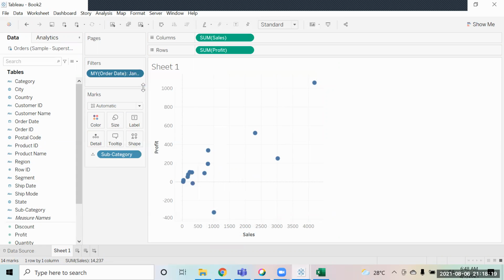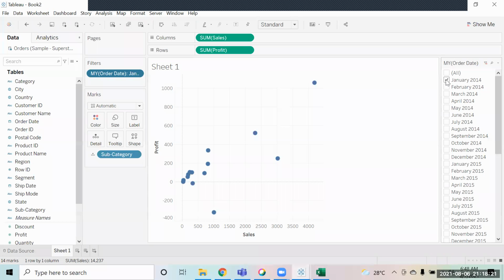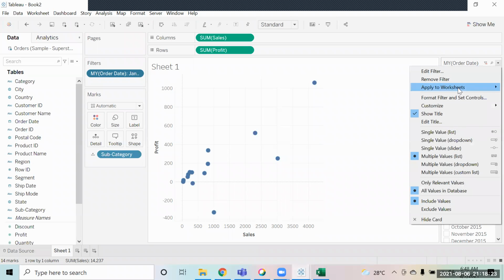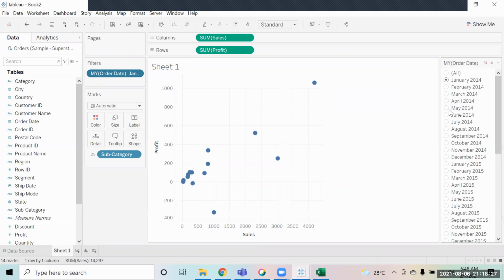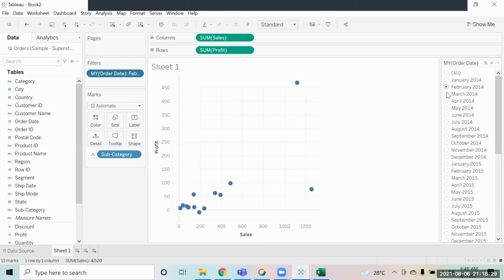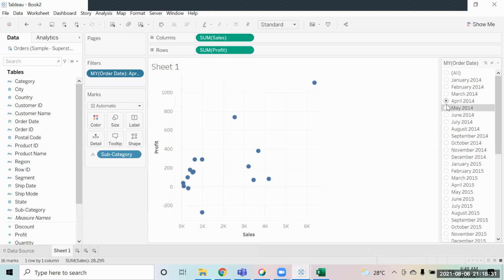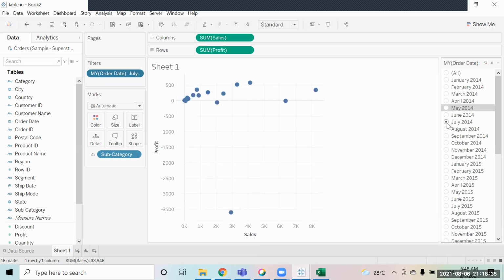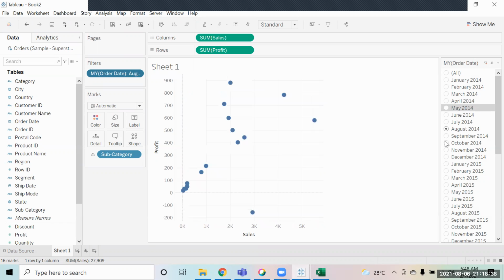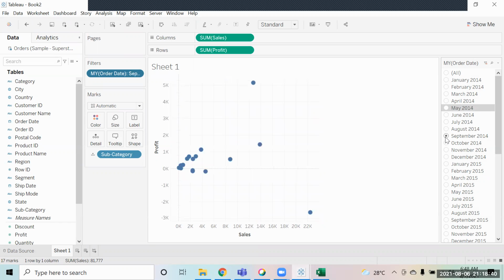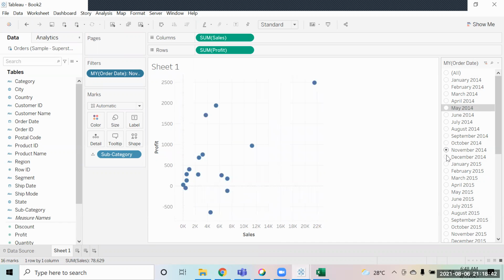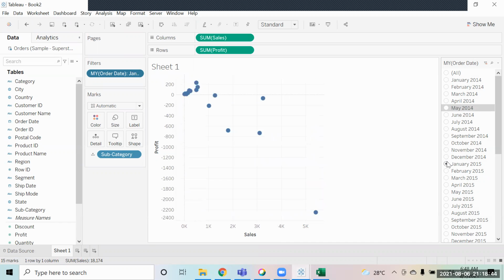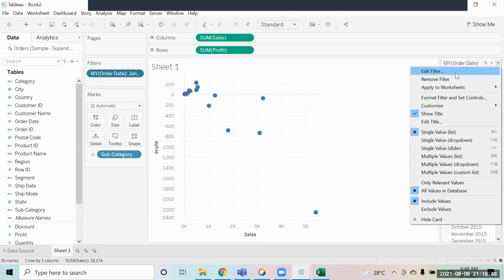And if I show the filter and keep changing my filter, and suppose this filter changes automatically for me, it will look like an animation chart, a chart that is moving. Right now I'm doing it manually, but if it changes automatically, it gives you a feel that the chart is moving. This is what we call an animation chart.